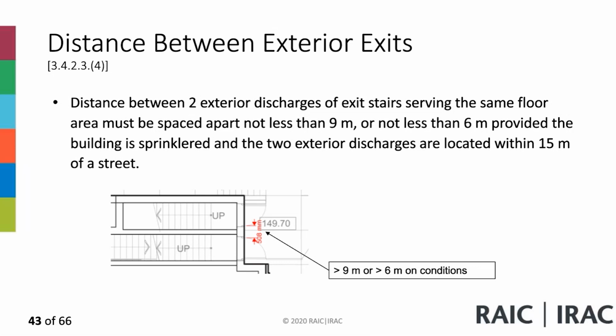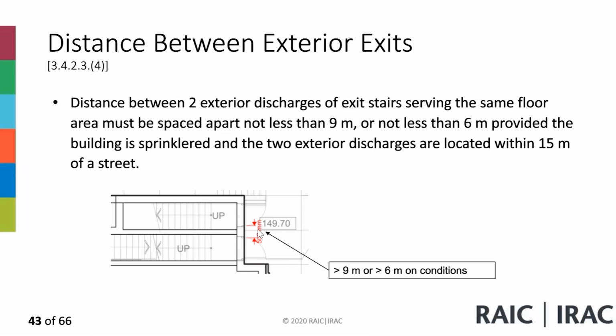So you can locate your exit discharges first. They have to be at 9 meters. If the building is sprinkled and the discharges, both of them, are not more than 15 meters away from a street, then you can locate them so that the distance between them is not less than 6 meters. And this is an illustration